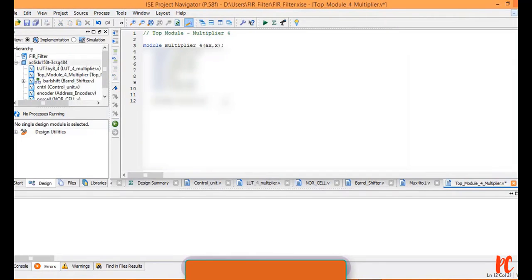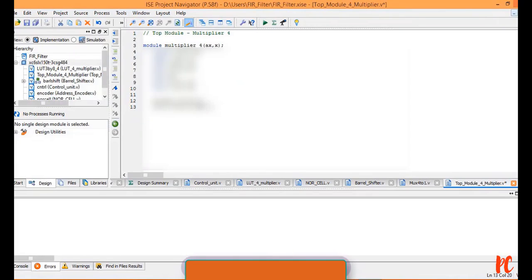Now let's go for the control unit. Here I have the control unit. The module name that I am using is control CNTRL. Let me copy it, paste it, give the name G2, followed by W1, W2, X. W1 is a 2-bit representation, the same as in the control program. W2 is a single bit representation, and X is, as usual, a 4-bit representation.